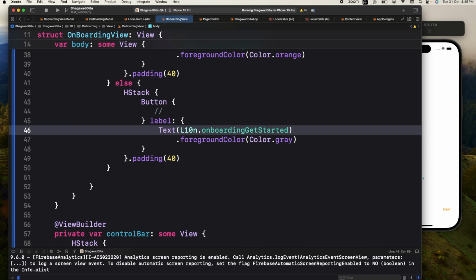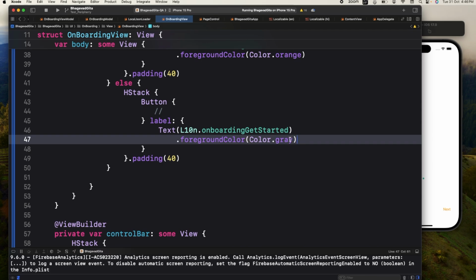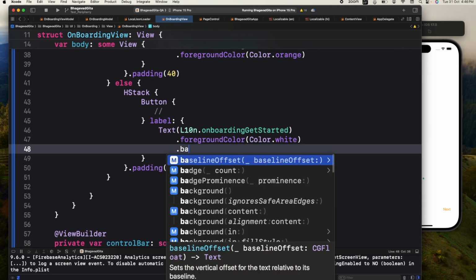Okay, now one more thing you have to see is that the button should look bigger. Right now, the button is the same size as your text, but this time I want this button to take the whole width. So first of all, I can set the foreground color to white, as per the UI, and then a background color